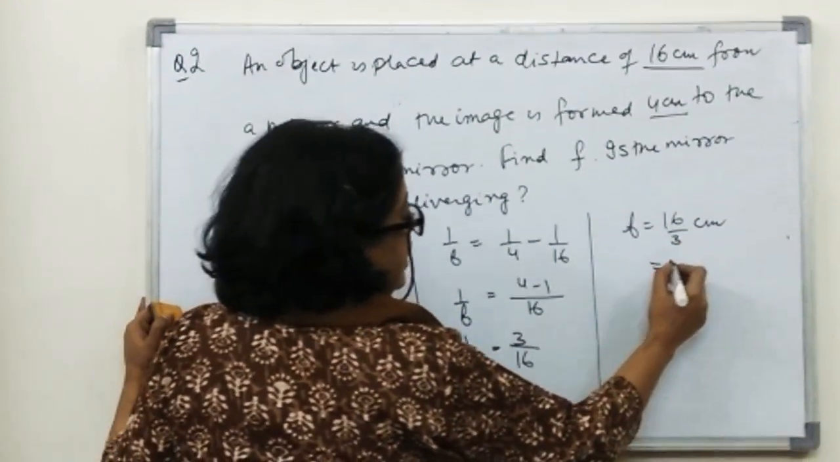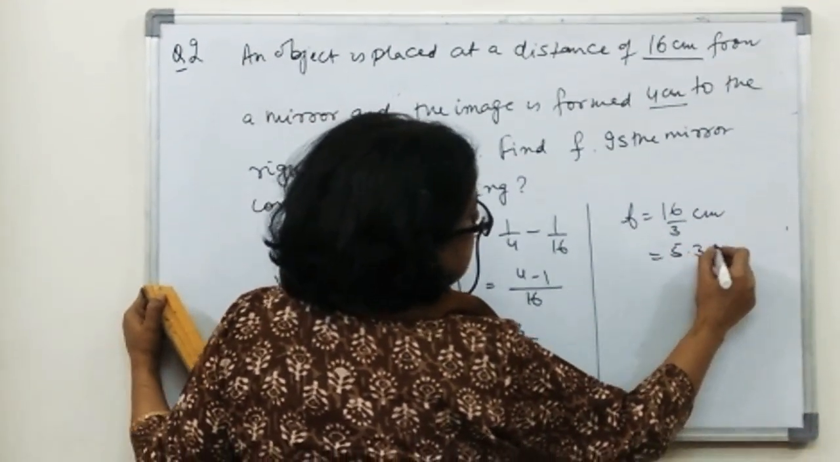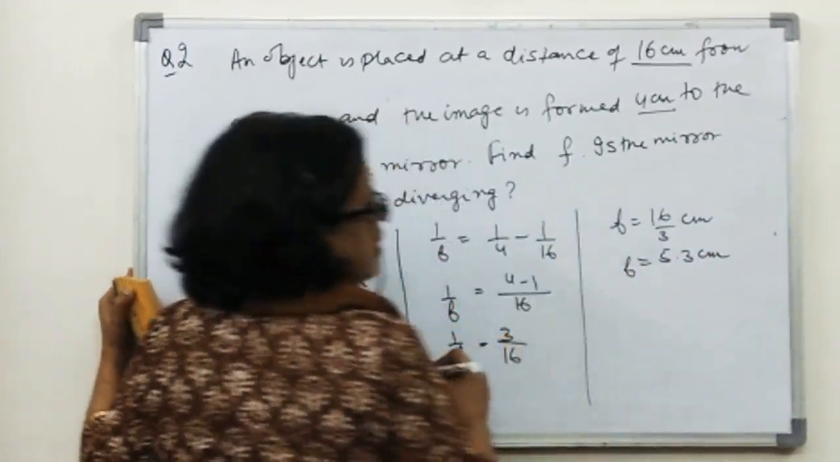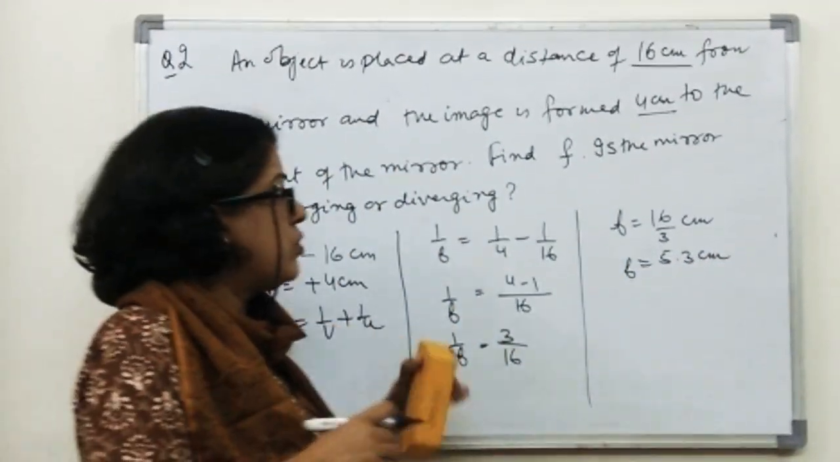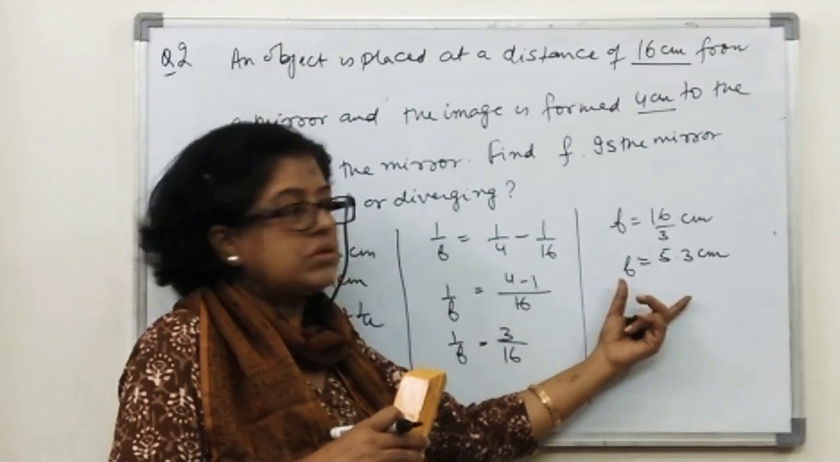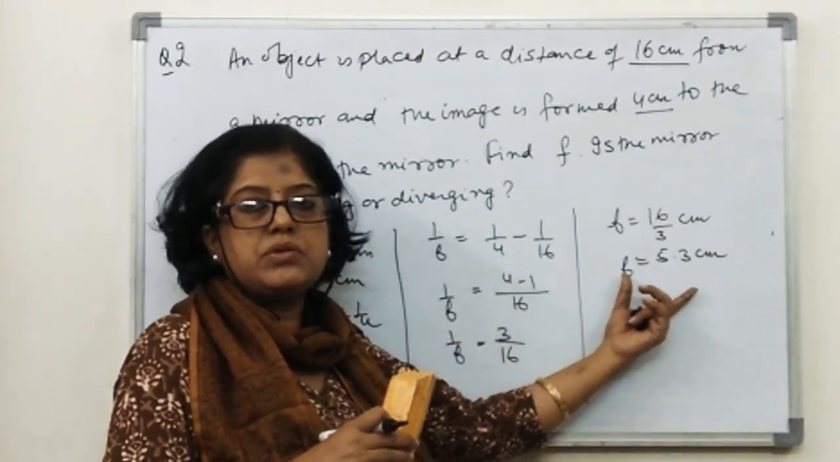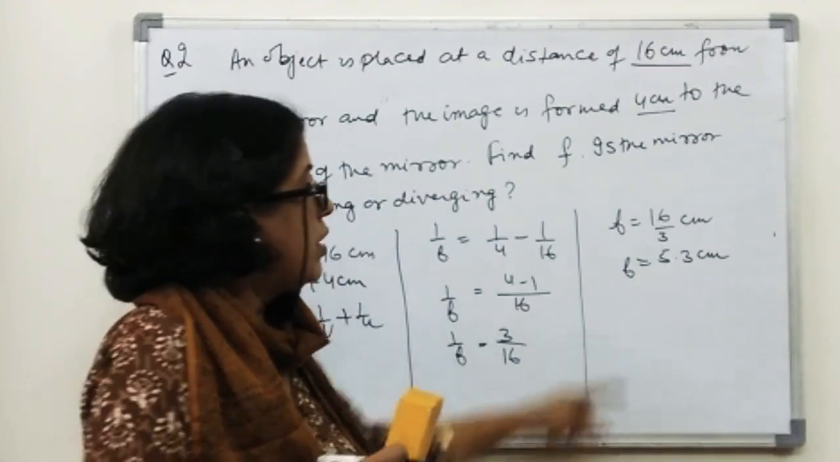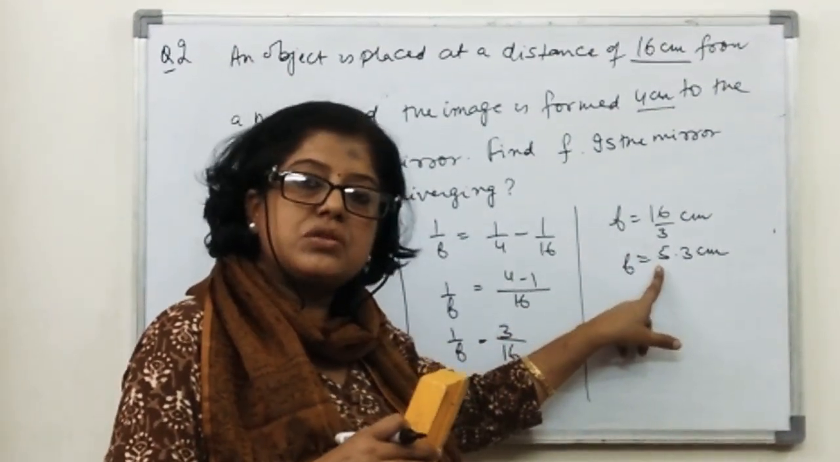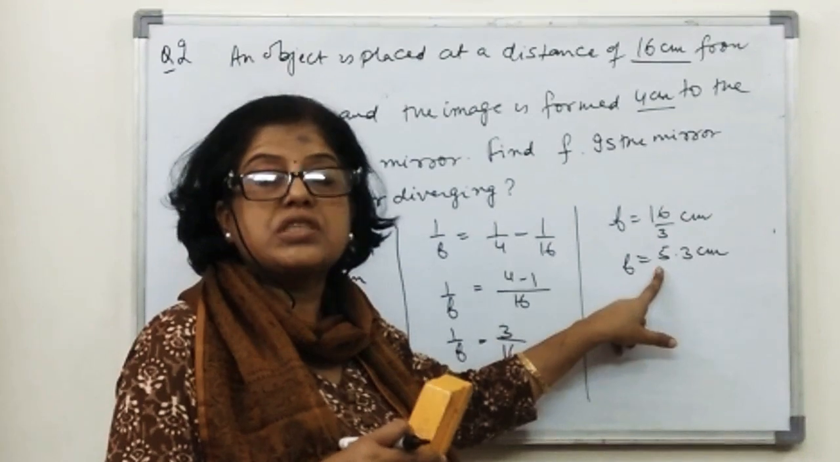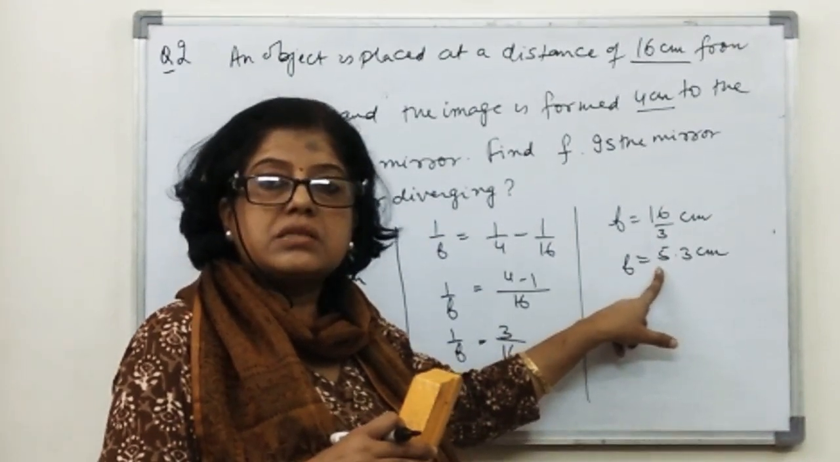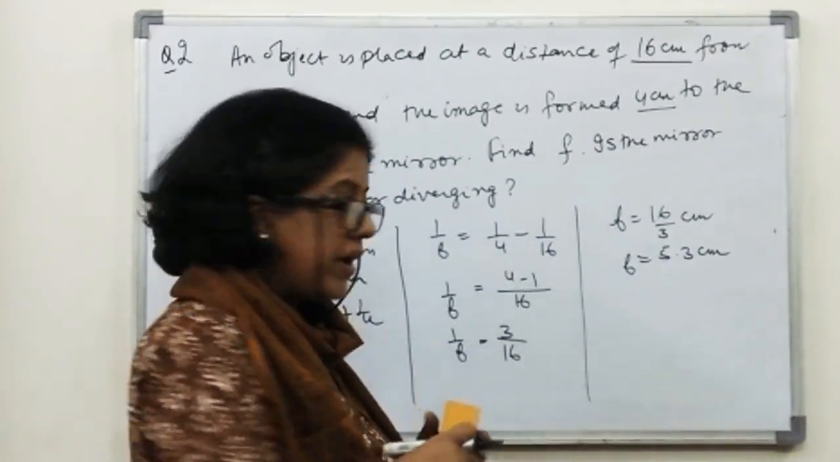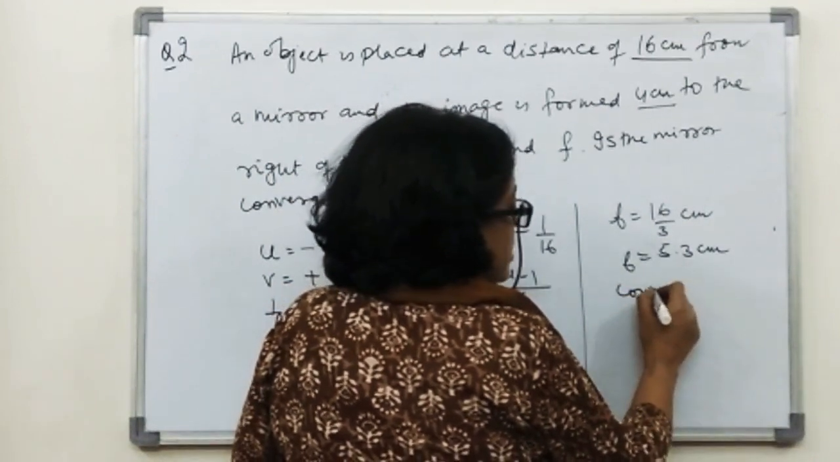And it can be like 5.3 centimeter approximately. You can leave the answer in the simplest fraction also. So focal length is 16 by 3 or 5.3 centimeter approximately. And what mirror it is now? f positive means it is a convex mirror. Convex mirror. Last class we talked about